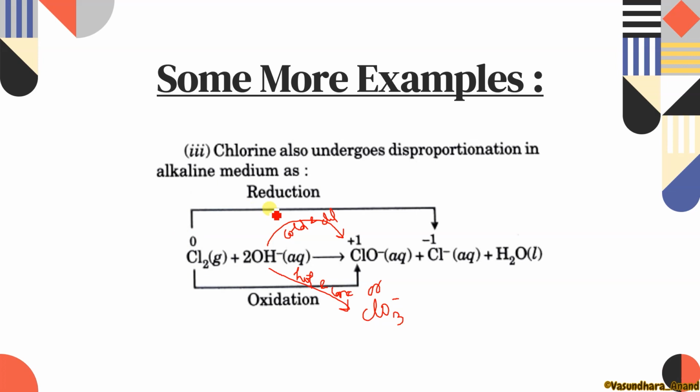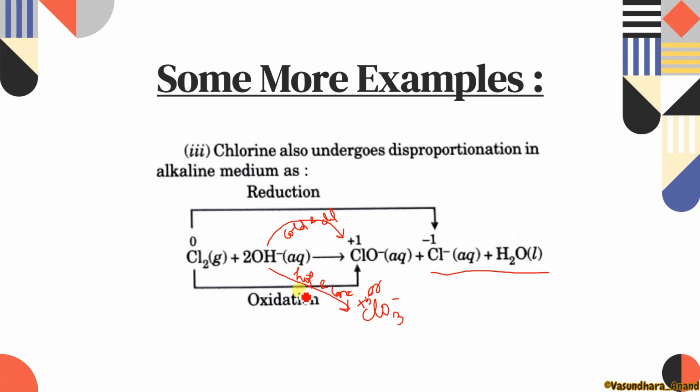Clear? So in both the cases, whether it is cold and dilute or hot and conc, chlorine is going to be oxidized. Here it is 0, here it is +1, and if you'll check that, it is +5. So either it is +1 or it is +5. In both cases it is undergoing oxidation, isn't it? While in the next case, Cl2 is in 0 state and it is going to convert into Cl minus, it is undergoing reduction. So these two products will be the same in both cases, either hot and conc or cold and dilute, but the other product will change according to the condition of this alkaline medium. I hope it is clear.